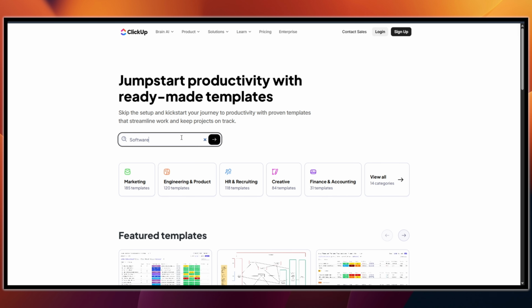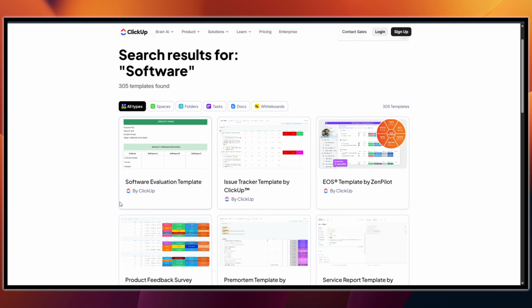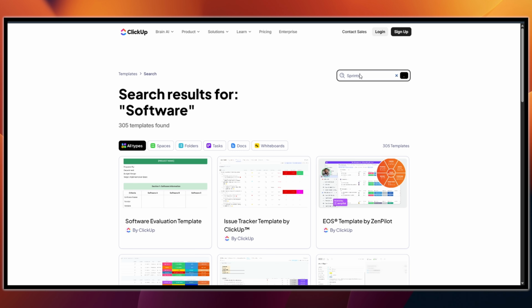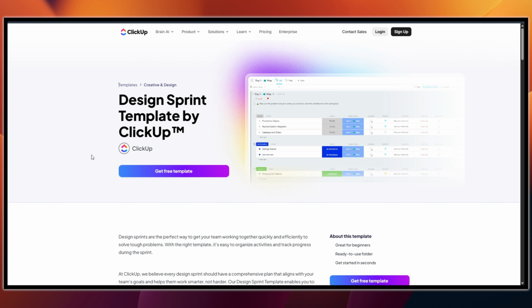When you've created your account and logged in, the fastest way to avoid building everything from scratch is to simply start with a template. So you want to navigate to the templates and then search software development or sprints. ClickUp has an official software development template that is designed for product, design, engineering, and QA teams, supporting Scrum or